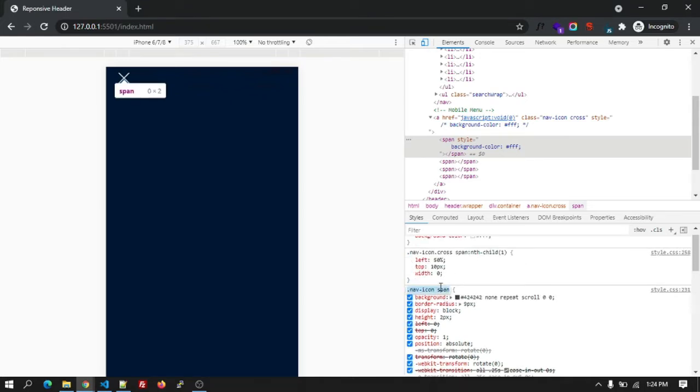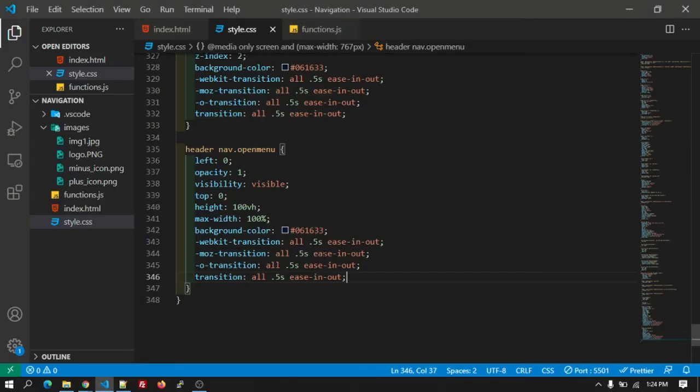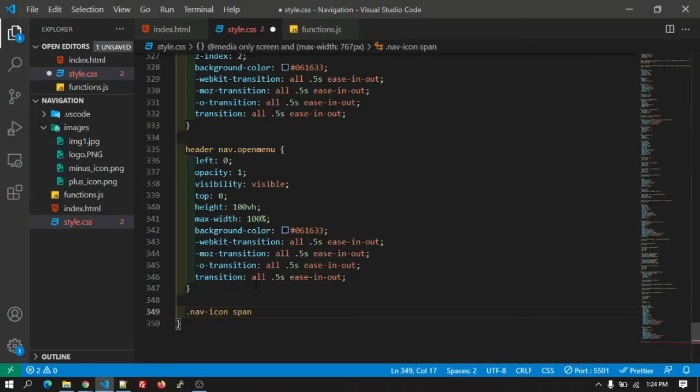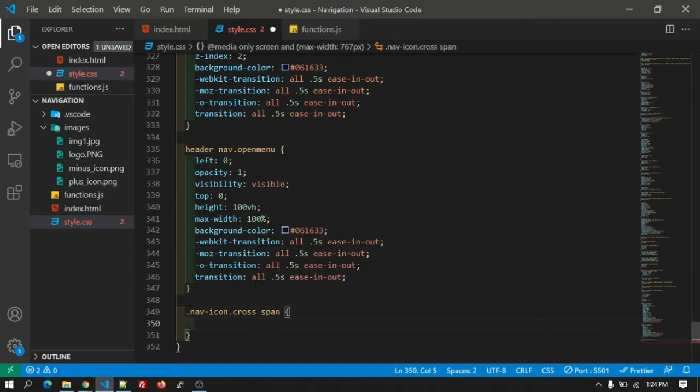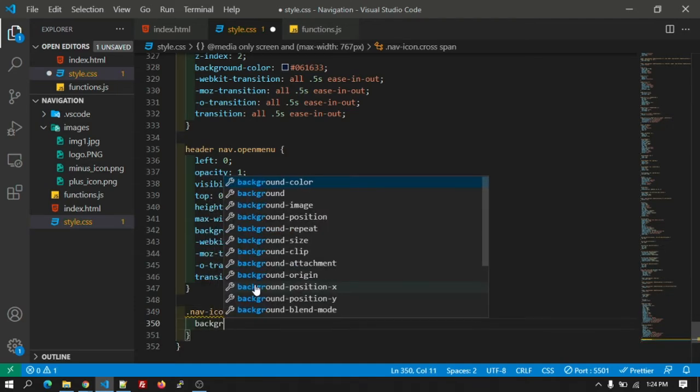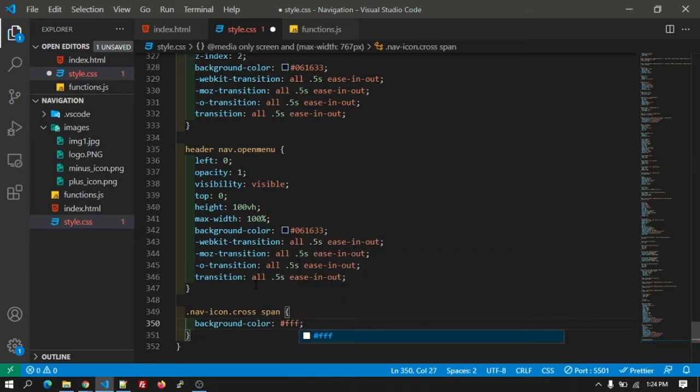So we will make fixes one by one for the mobile now. So for the cross icon, it's not visible as much. So we are going to write CSS for that. And now for the icon, after that there is a cross class applying. After that there will be a span and give the background color as white.